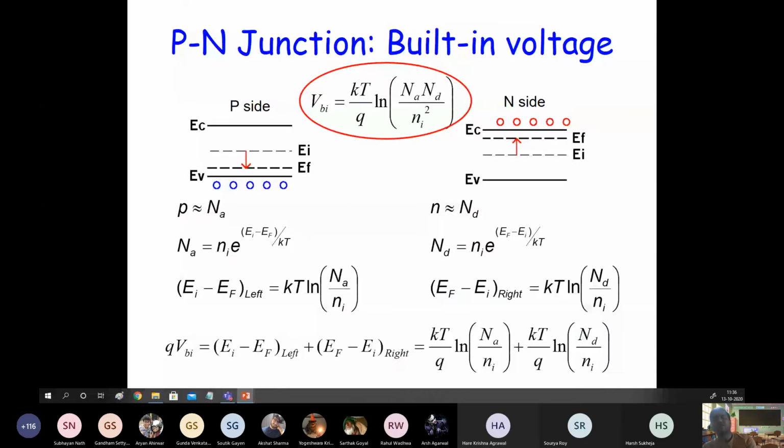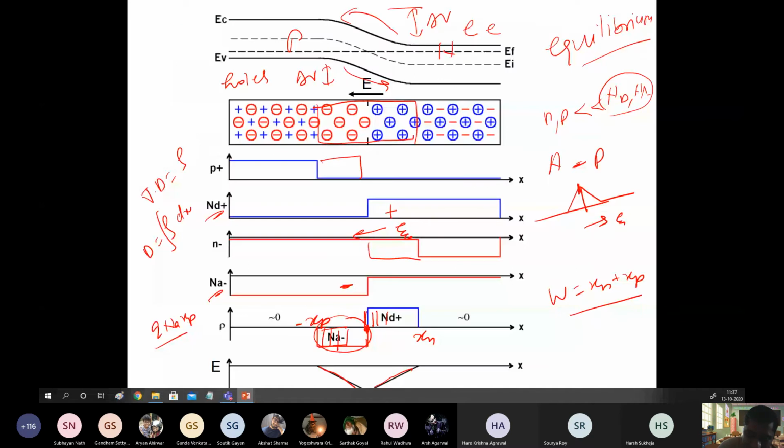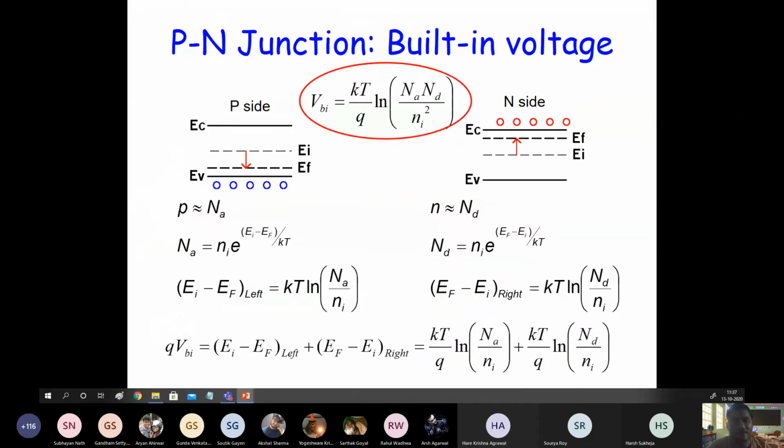Okay. So there is another way to calculate the built-in potential. If you look here, this delta V, right? In case of a PN junction, because the material is the same, these two delta V are the same. So the barrier for electron and barrier for hole is the same. And if you look carefully, what is this barrier? The separation between EF and EI in P type and the separation between EF and EI in N type. When you add them, you get the total built-in potential, right? So that's what is done here.